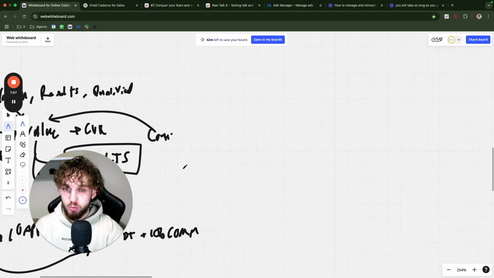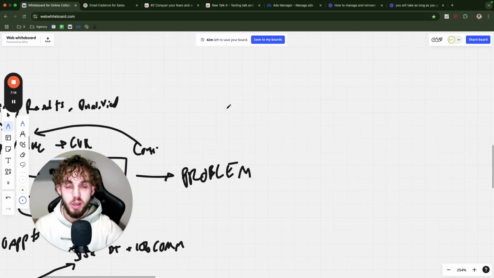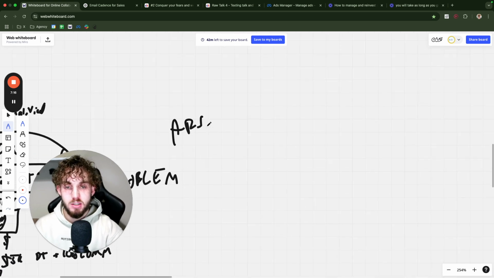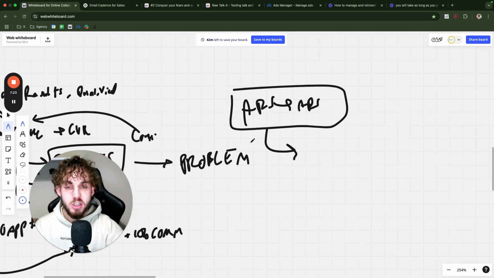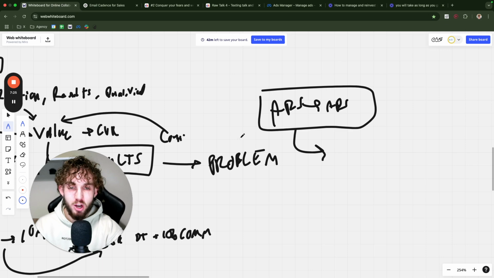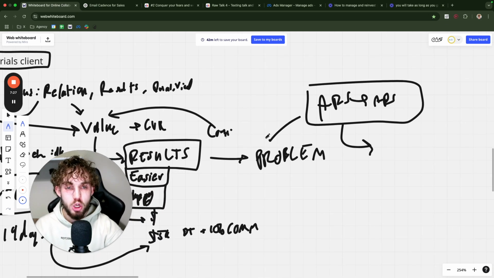And this is a really big one, write this down. How big of a problem did you solve, right? Let's say you run ads and your client was already running ads, right? And then you came in and ran ads for them, and let's say you got them a slightly better result. Do you think you really solved a problem? They're running ads, sure you did a little bit better, but did you really solve that big of a problem